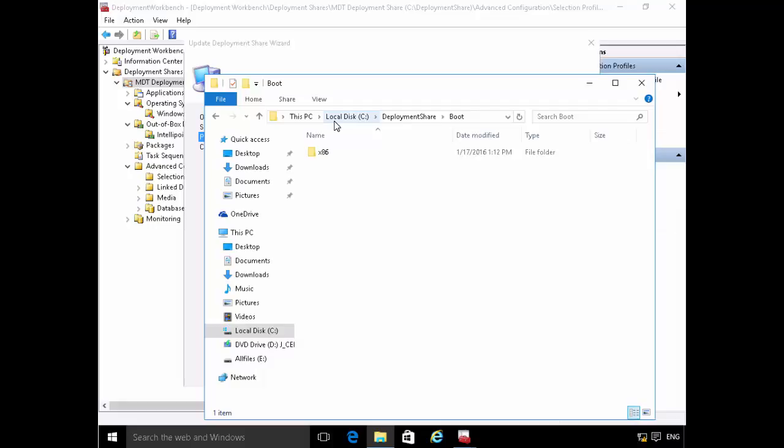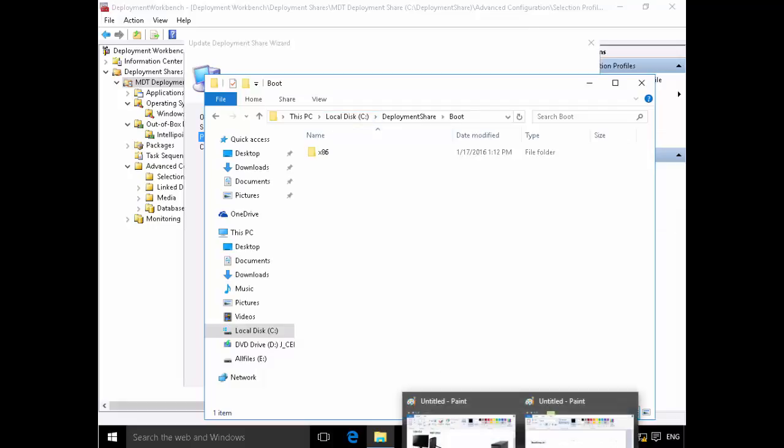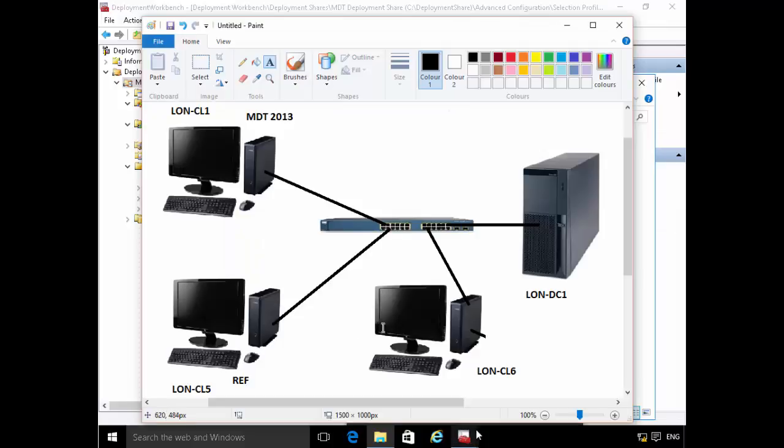And what we'll do at the end of this is we'll take the ISO that's created. We'll use that ISO to boot a client computer. In our case, that'll be LON client 6. So we'll use the ISO that's generated by MDT here to boot this computer, and within that ISO is the bootstrap.ini that tells it which deployment share to connect to. It's going to connect to the deployment share, and then we can carry on